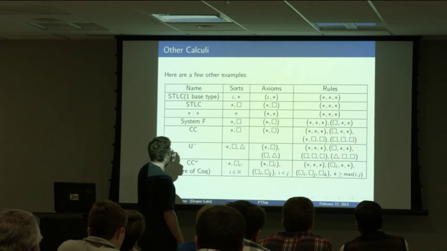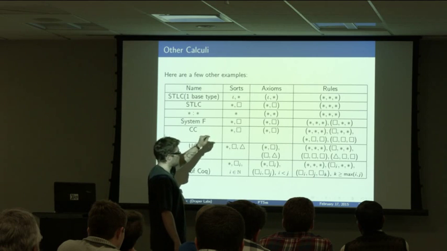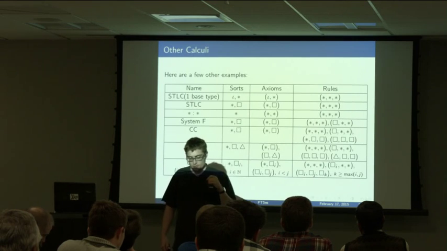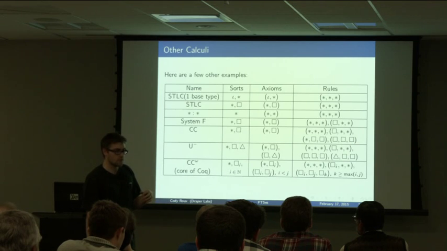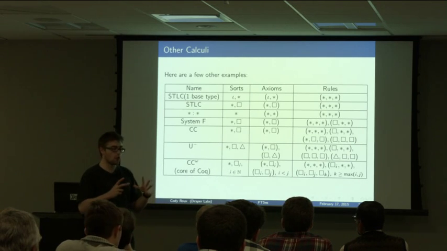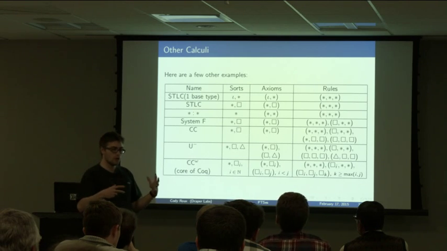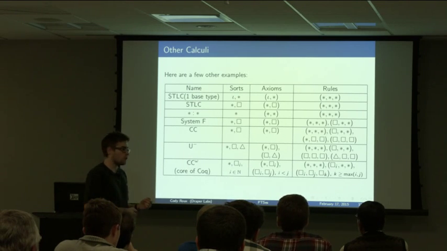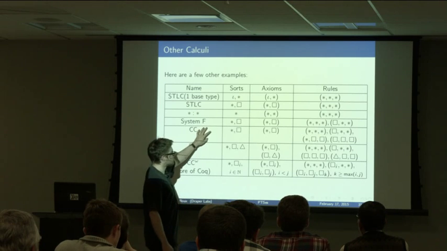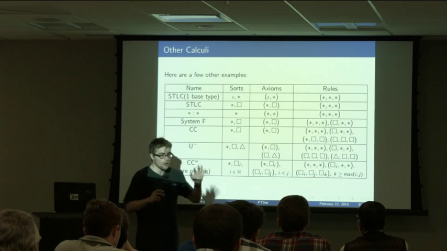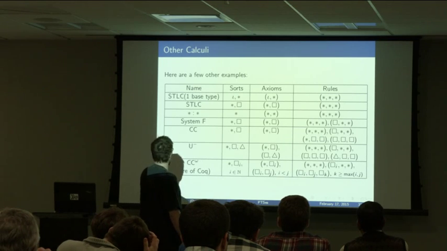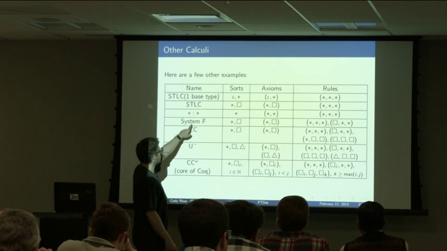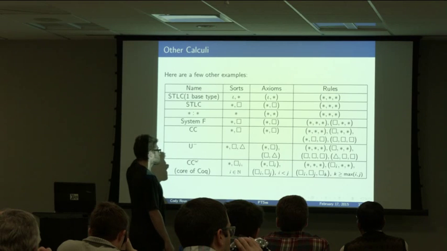which I think is kind of neat. And the calculus of constructions, I should mention, since I've said calculus of constructions so often that I sort of assume it, is the core of the Coq system for interactive proofs. So this is a well-studied system in the sense that it's used as a very concrete foundational system for theorem provers. And I don't have F omega, but System F,